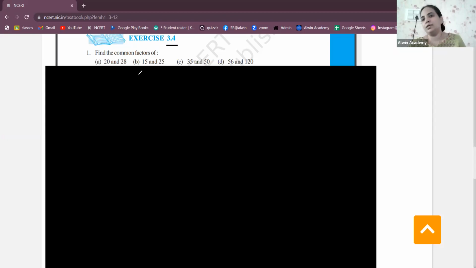We've already learned how to do that by the listing the factor method. Now we need to find the common factors in different numbers, in two numbers. So the question here is 20 and 28, we have to find the common factors. How do we do that? One way is the listing method, listing the factors of both the numbers, and then finding the things that are common there. Just say, if I write for 20, the factors of 20 are 1, 20s are 2, 10s